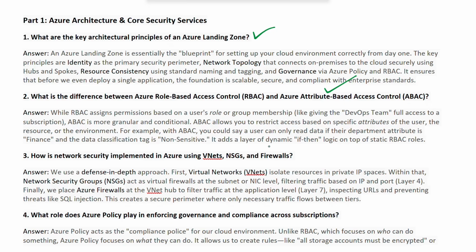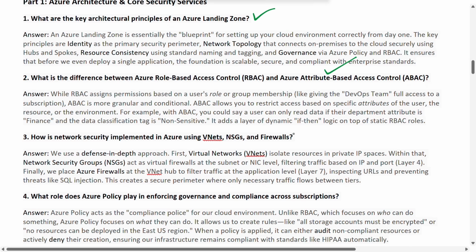So it adds a layer of dynamic if-then logic on top of the static RBAC rules. Finally, RBAC is more about permissions for roles and groups, and ABAC is more granular than RBAC. Moving forward: how is network security implemented in Azure by using VNets, NSGs, and firewalls?